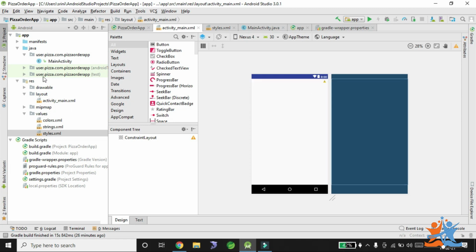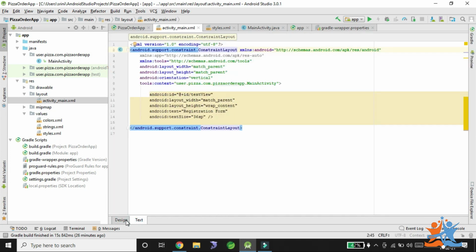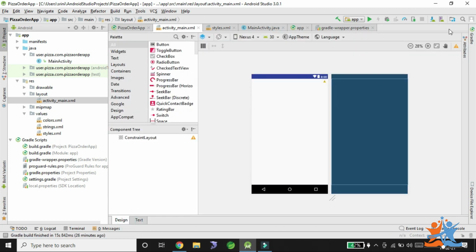Okay, first, whenever we create an application, we get two files. One is MainActivity.java and another one is activity_main.xml. So we get these two things. In activity_main.xml, this is constructed with XML, so we have a design view and a text view. In the latest updated version, on the top right side we have split, code and design options. So here we have a new version.